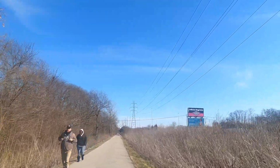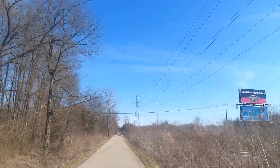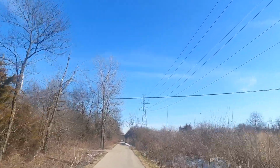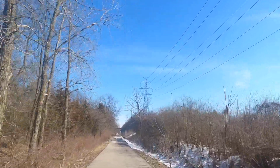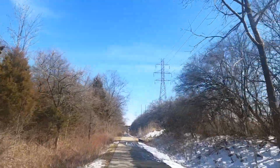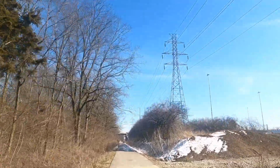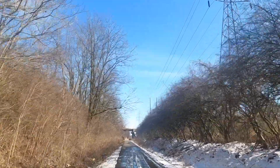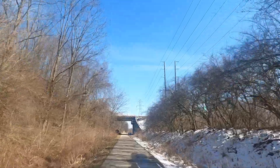So again, it's only got a 10.4 amp hour battery, so it's going to drain a little faster. I expect if I ride in pedal assist 4 or 5 on this bike, I'm probably not going to get more than 15 to 20 miles if I get that. I don't think it's going to do real well as far as that goes. I'll do a little bit of a range test on it once I get going on a couple other rides. So we're probably going to cut through the neighborhood up here, and I'll get back to the house